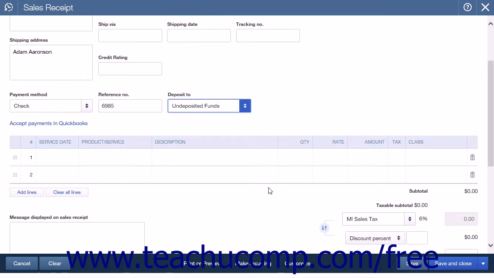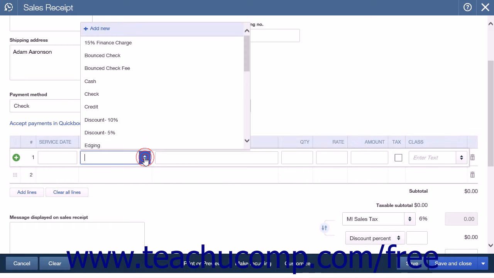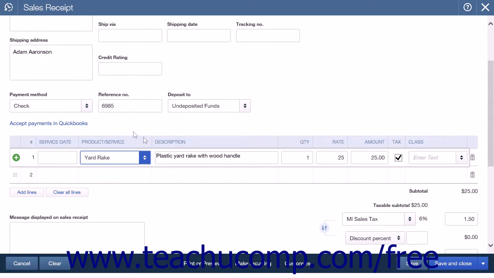The next section is the list of the products or services that you are selling to the customer. Here you will be able to choose product or service, description, quantity, rate, and amount. Each line has a trash can icon shown at the right end that will delete that specific line if clicked. Clicking into the product or service box on a line will display a drop-down box where you will select what you are selling to the customer. You will then enter the quantity into the quantity column. The description, rate, and amount fields should be automatically filled with the information for that product stored in your company's